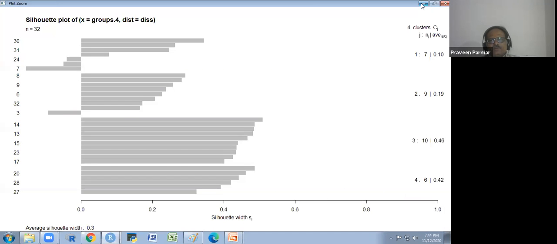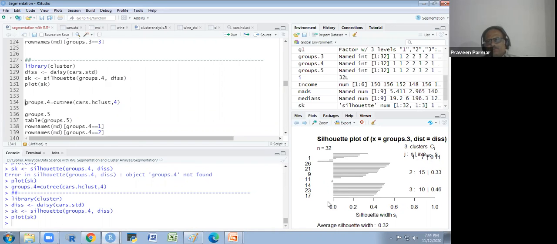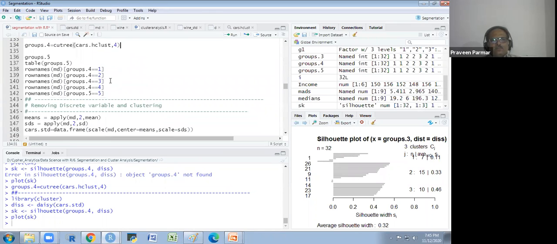As you see, if you see which one was the better, 3 was the best one, because there is something that does not belong to this cluster, but it is mentioned there, but there are only 2 observations. It does not belong to this, but in spite of that, due to the tie, they have put it here. Okay, and in this way we could do the clustering and the hierarchical clustering.